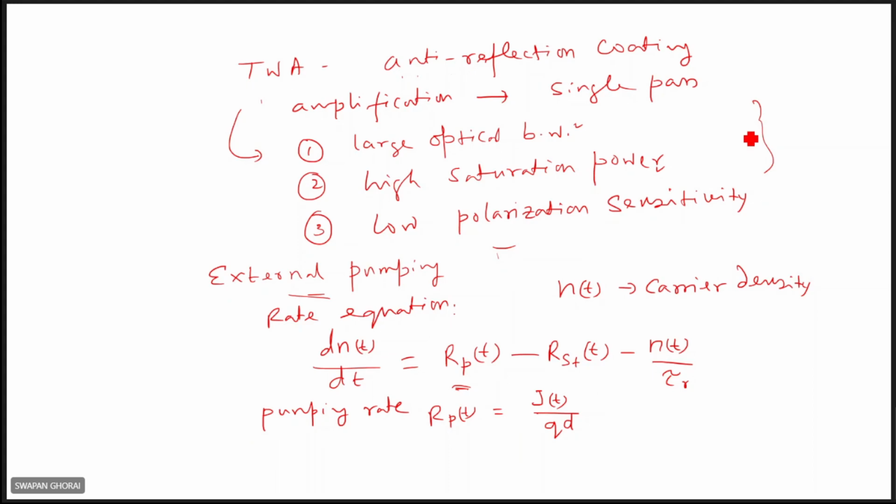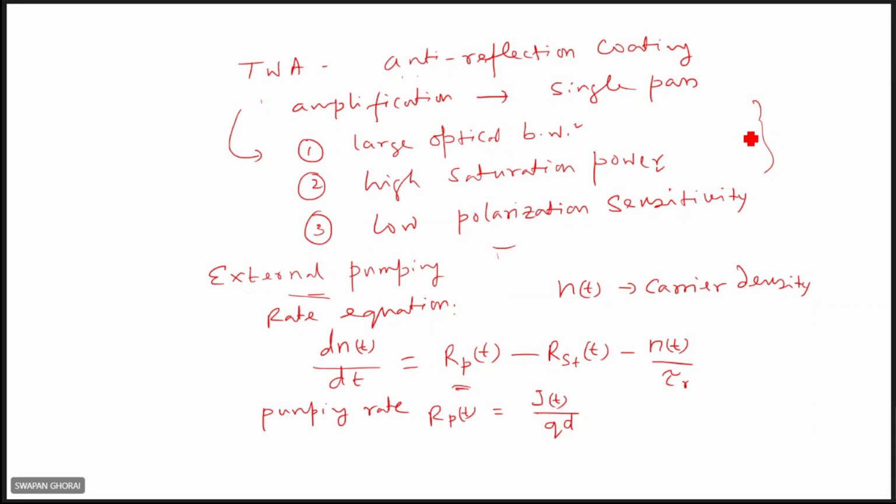So these are the characteristics of traveling wave amplifiers and semiconductor optical amplifiers. In traveling wave amplifiers, it's a single pass optical amplifier. Only once will light travel from one side to the other. But in the Fabry-Perot type semiconductor amplifiers, light can be reflected back, right? But it does not provide a coherent output. It is an incoherent output. Keep that in mind.